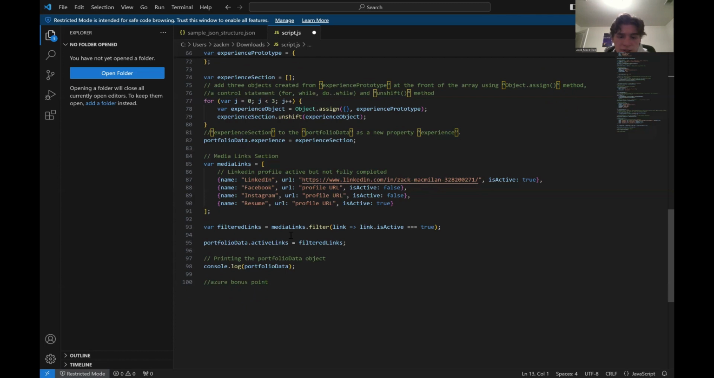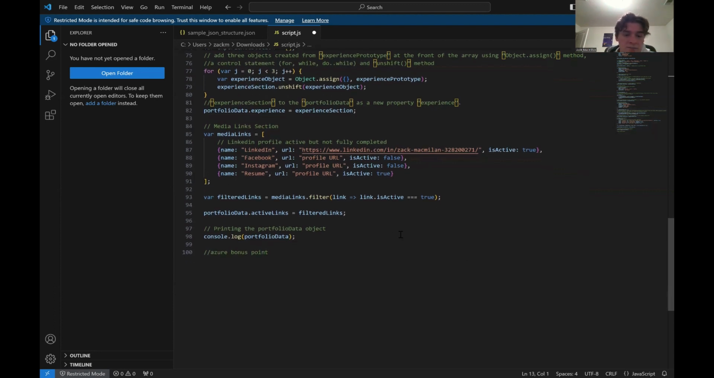And then I know we had to filter the links based on whether they're true. Pretty sure this is correct, but I'm not 100%. And then printing the portfolio data information, which should be correct as well. And that is the end of